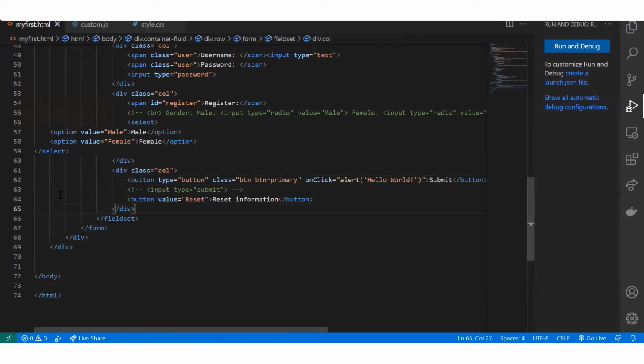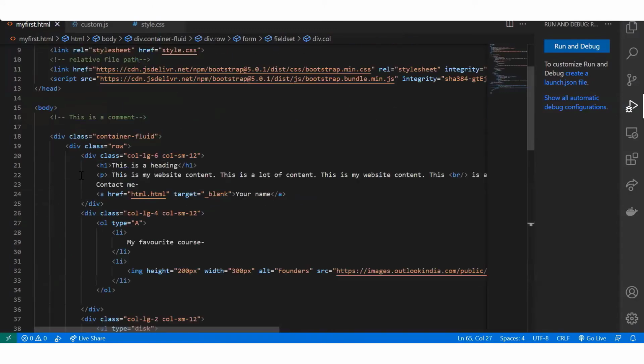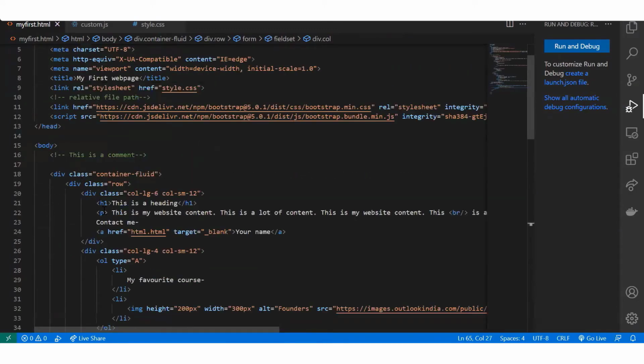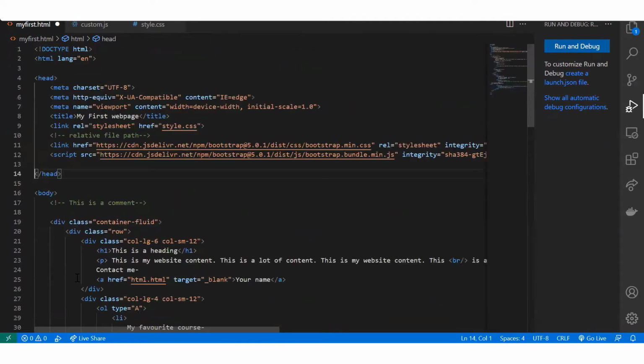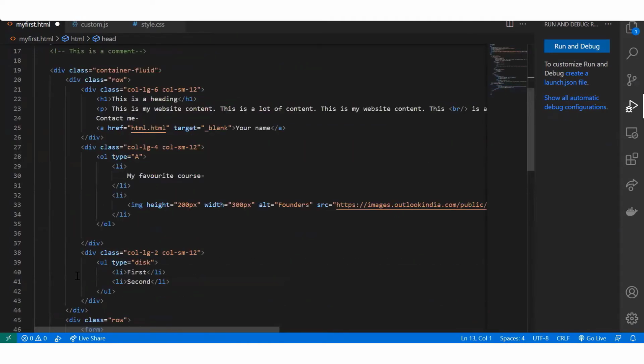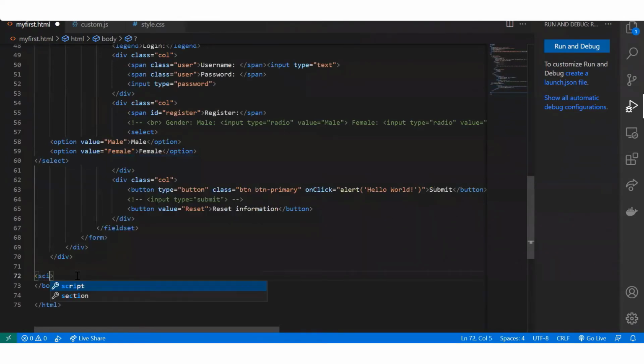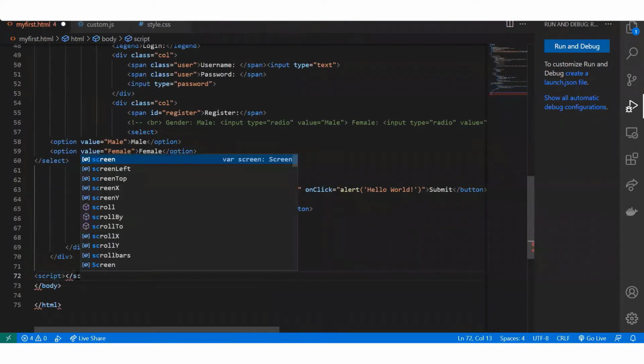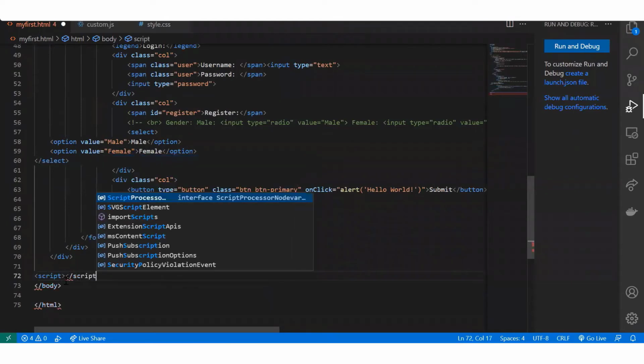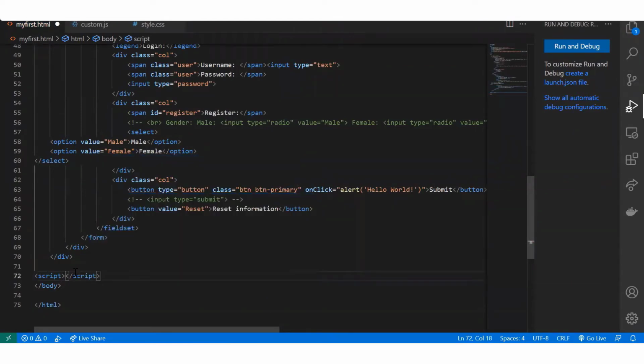How would we put internal JavaScript? Internal JavaScript similarly goes in the head or even in the body. In fact, it's better to add it at the end of the body, absolutely at the end. You can add a script tag, and in the script you can put your JavaScript code.